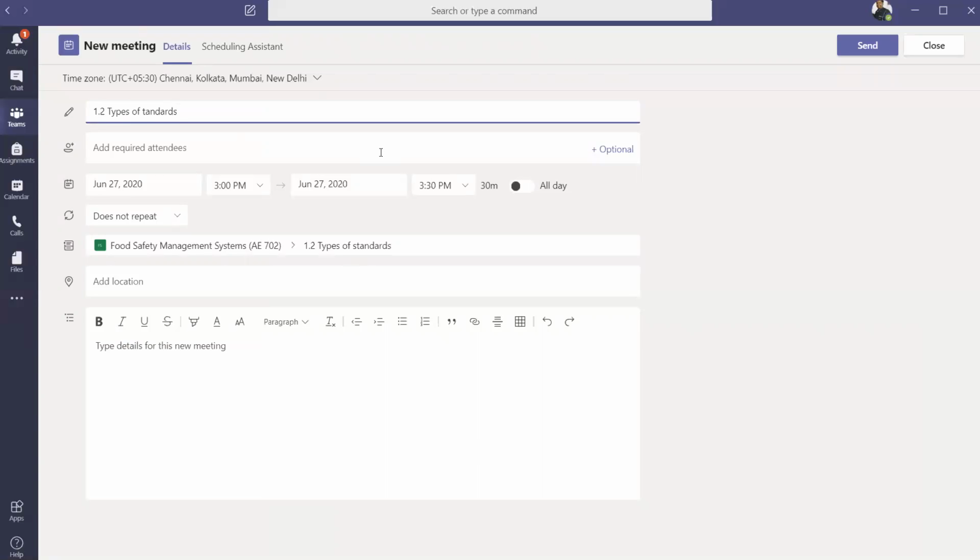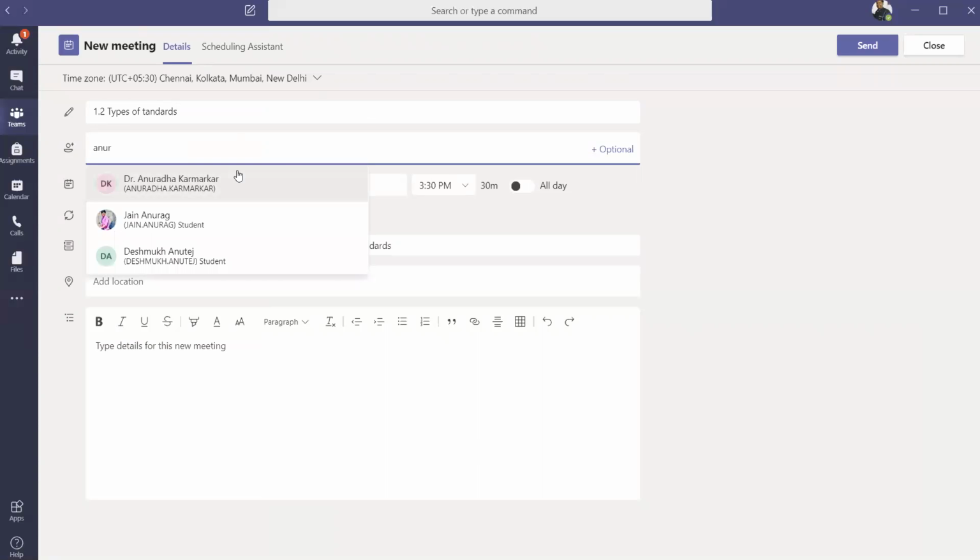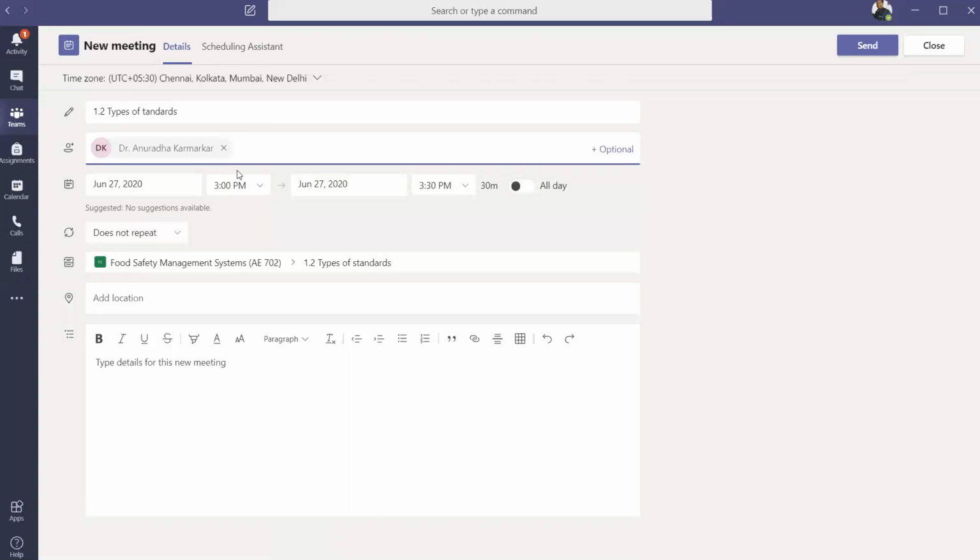Let's say I want Anuradha Karmarkar ma'am to attend my session. I will put in her name and add her here. Similarly, we can add a few more who want to attend this session.